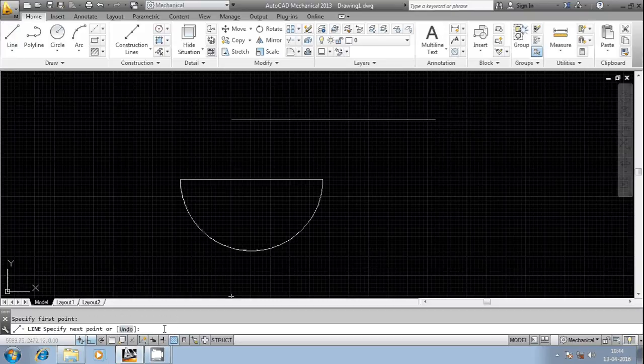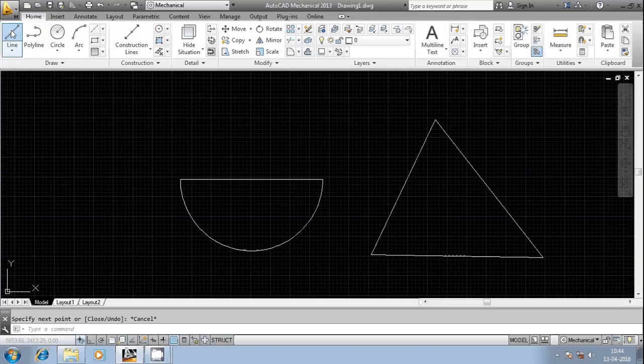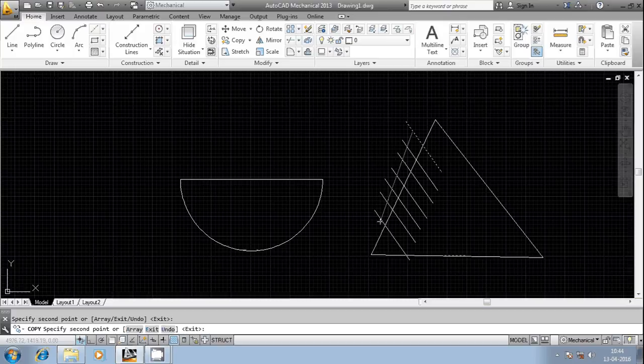There are some options in AutoCAD. Using those options you can reduce your time. The shortcuts in AutoCAD, in order to execute the trim command. What I can do is, I'm going to create multiplication of these lines to show you how exactly it's going to work. I'm going to use the trim command. I'm going to select the cutting edge and then the entities to be removed.